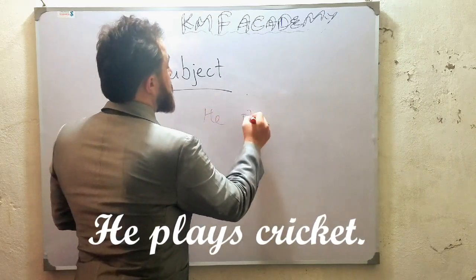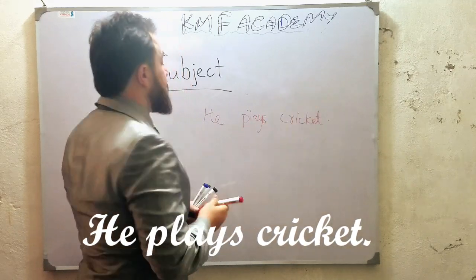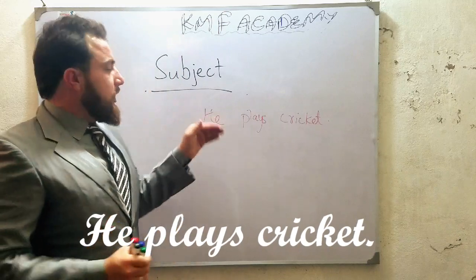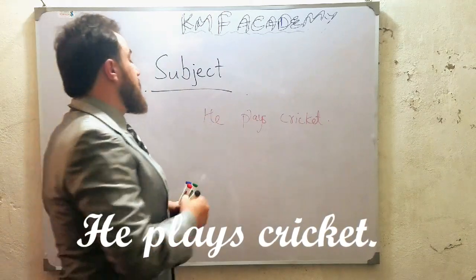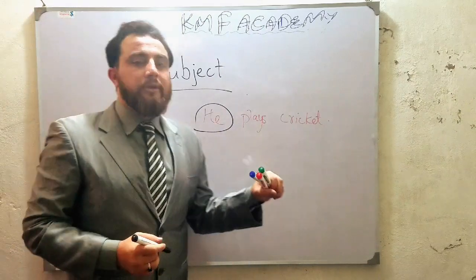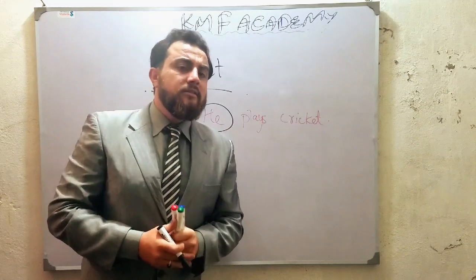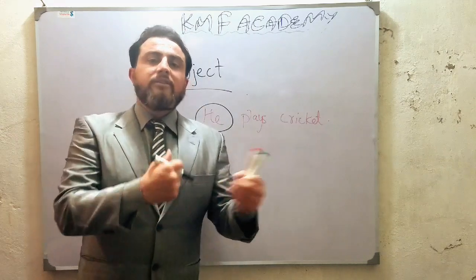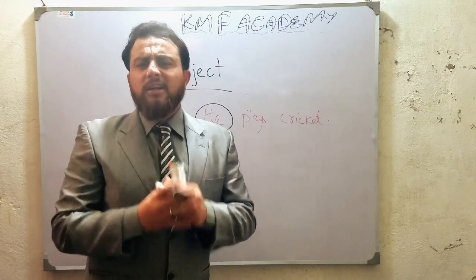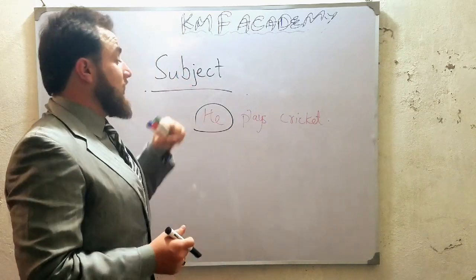He plays cricket. Exactly, if we see here, in "he plays cricket," he is our subject, because he is performing a task, he is doing a job, that is playing. So definitely according to this sentence, the doer of an action is called the subject. But the question comes here: if in "he plays cricket" he is the subject,